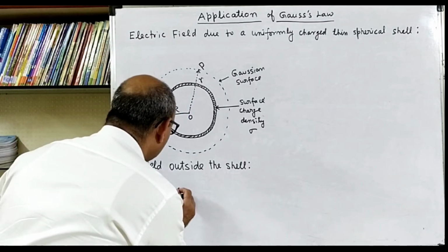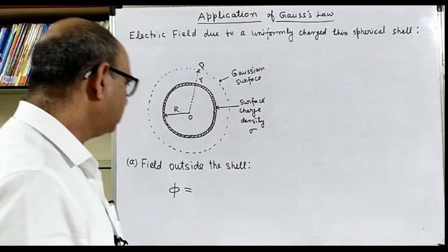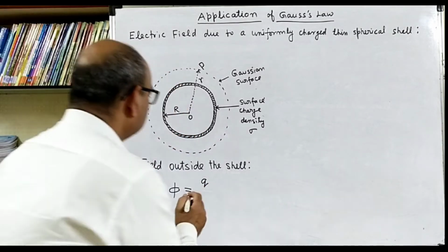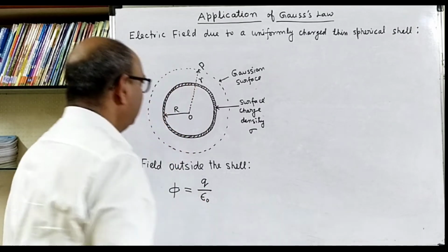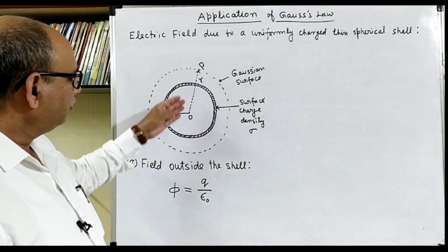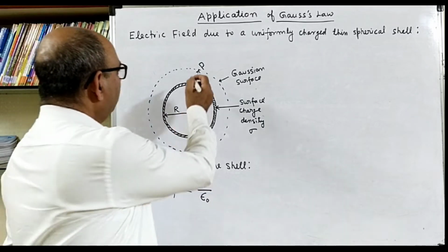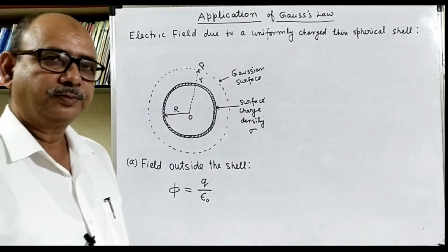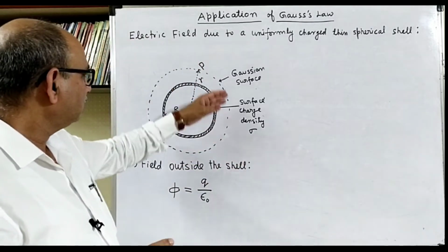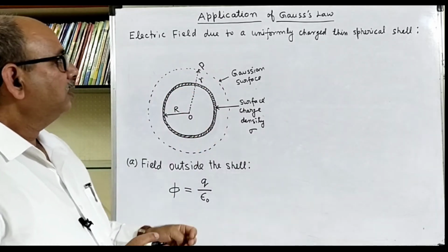Let's first write down the Gauss law. Total electric flux passing through a closed surface is equal to total charge enclosed inside the closed surface divided by epsilon naught. Here the direction of the electric field at point P will be radially outward. We take a small elemental surface at point P, and if we want to calculate the total flux, then we need to calculate the total surface area of this Gaussian surface which is outside this spherical shell.